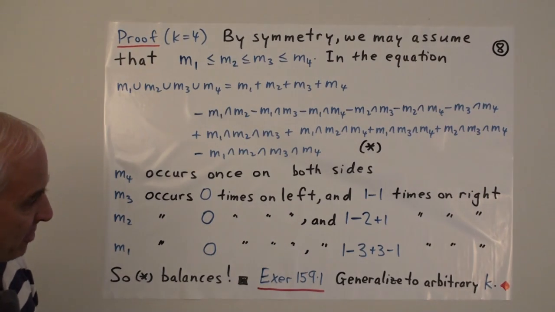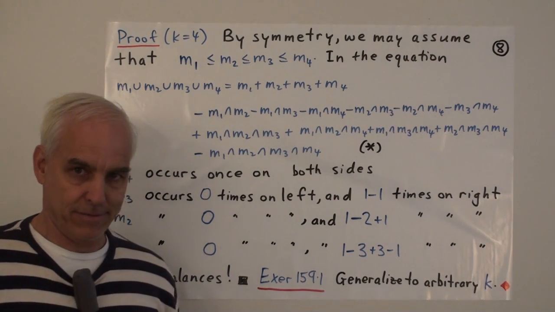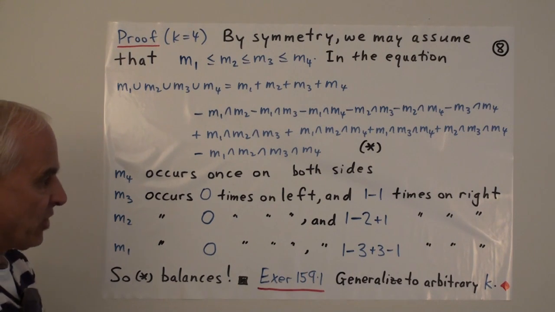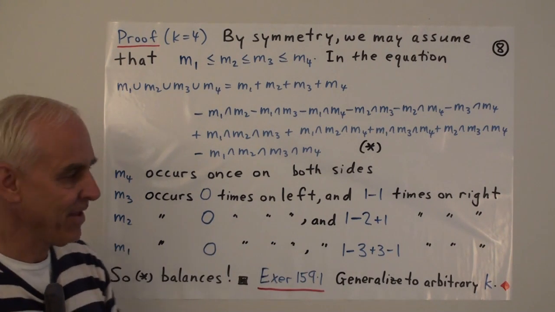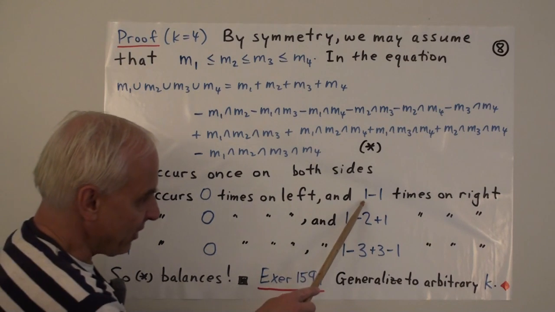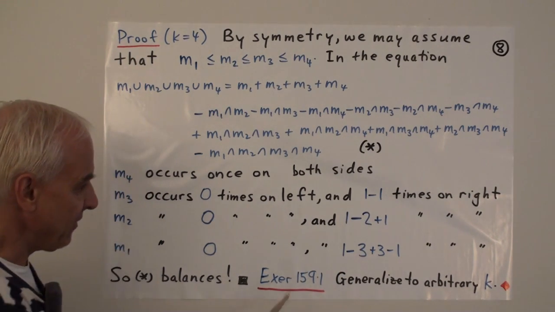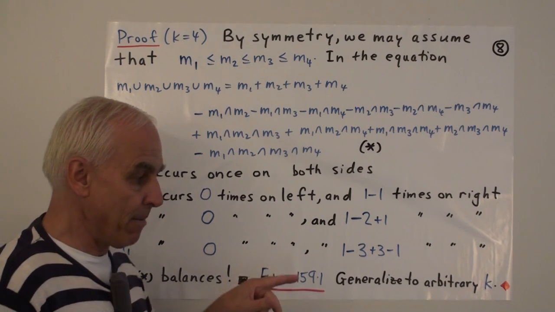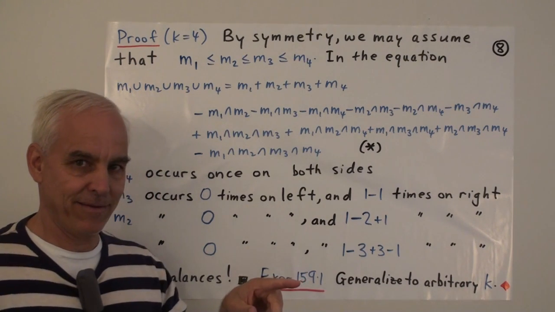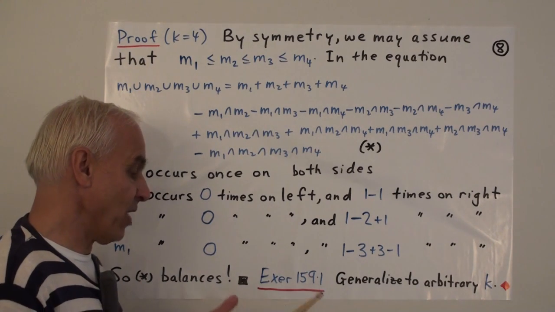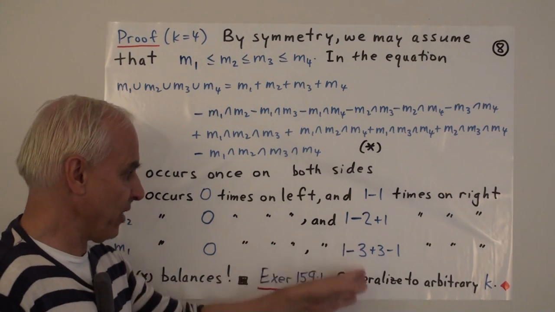Well, what about the argument for k equals 5 or higher k, or arbitrary k? Well, it turns out that it's really just a generalization of this. You can see, I hope, that here we really have binomial coefficients. We're really having the expansion of 1 minus 1 to the n. And since 1 minus 1 to the n is 0 to the n, the story is going to be